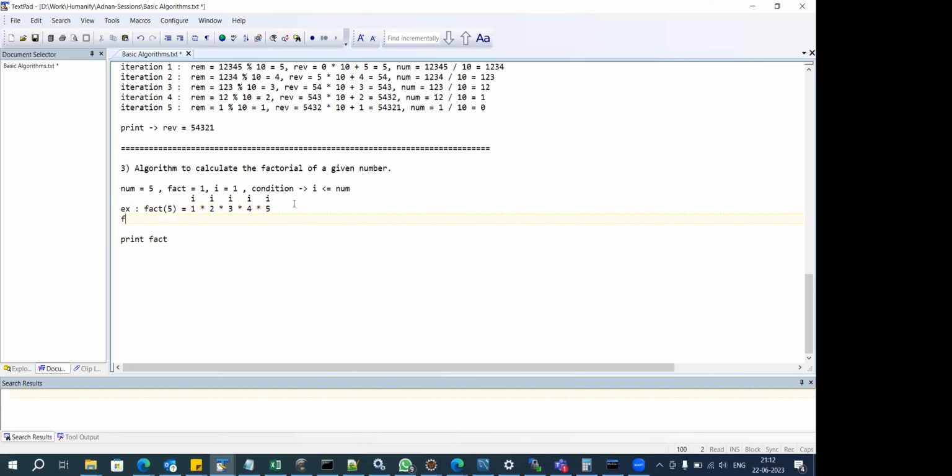For example, if I want to find the factorial of 10, that will be 10, minus 1, 9, minus 1, 8, minus 1, 7. Okay, let's start this. 6,